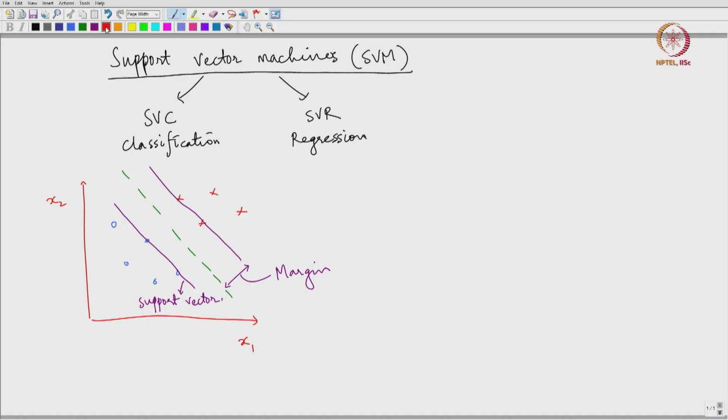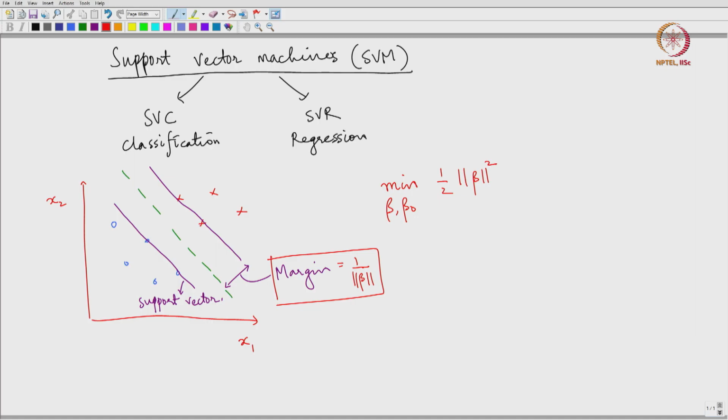So we were able to write this problem last time as a minimization over the weights and the biases beta and beta naught of half norm squared of beta. We had proved last time that 1 over norm beta is basically the margin, but it is more convenient to write it as a minimization. So really we want to maximize the margin, but it is more convenient to write it as a minimization